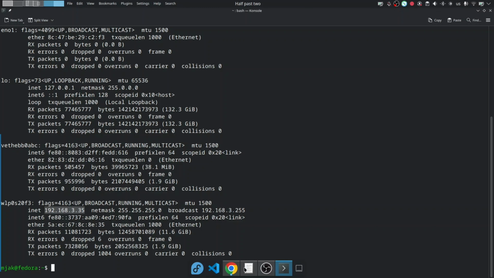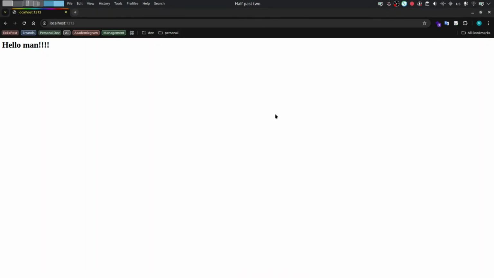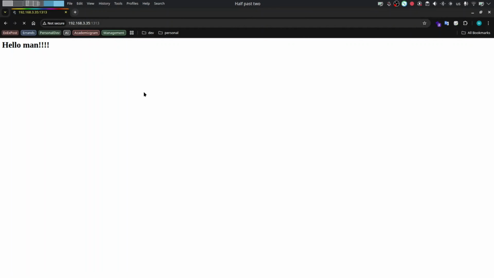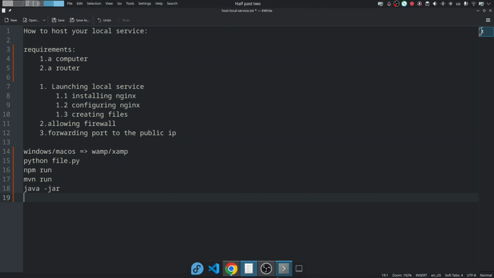If I open it up and run my local service on port 13, it's okay, it's accessible. And after that we need to forward our local ports to our public IP,